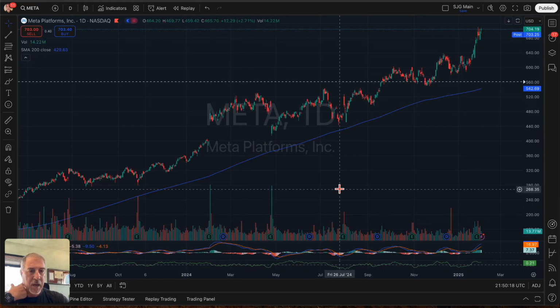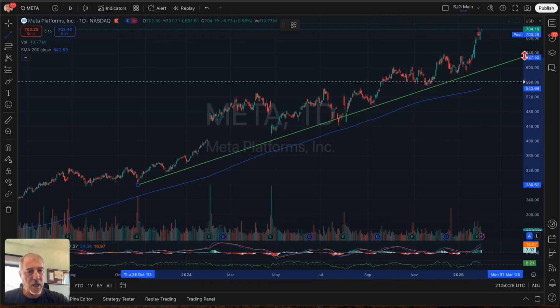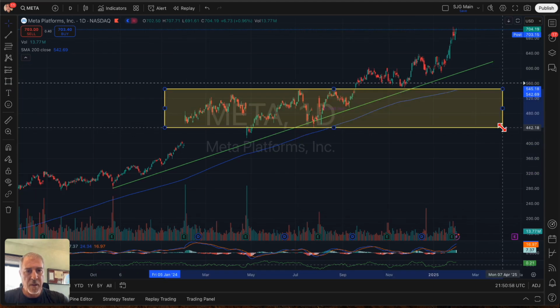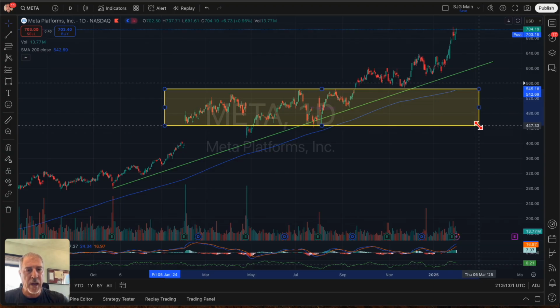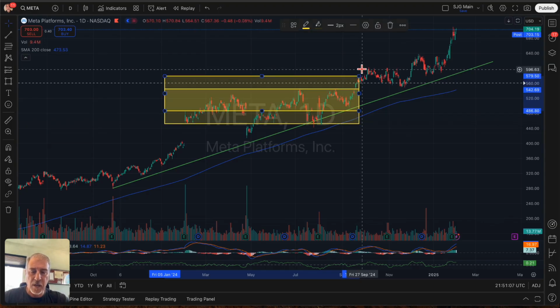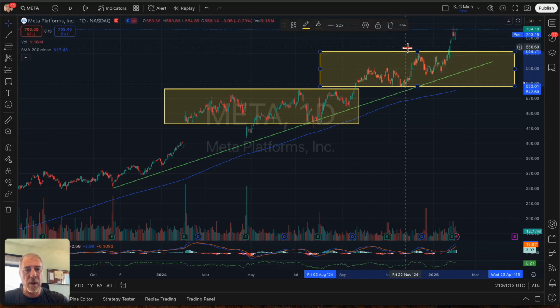If I look at Meta here, from my perspective, while it does certainly have a trend, I'd maybe do something along these lines as a general uptrending line. It does have a definite trend to it. The other thing I see right offhand is it has traded in a couple of different ranges over time. And let me see where my box tool is here. Meta was trading sideways in this range for some period of time. Then when it finally popped up and out of that range,